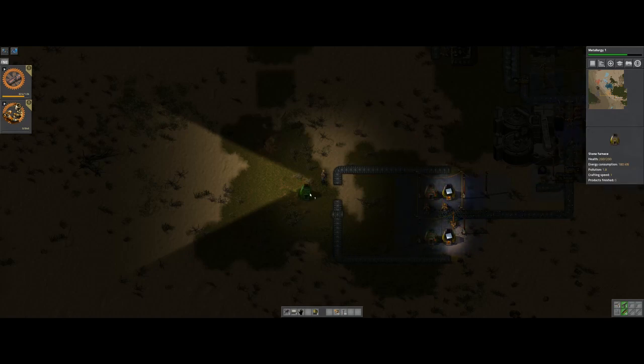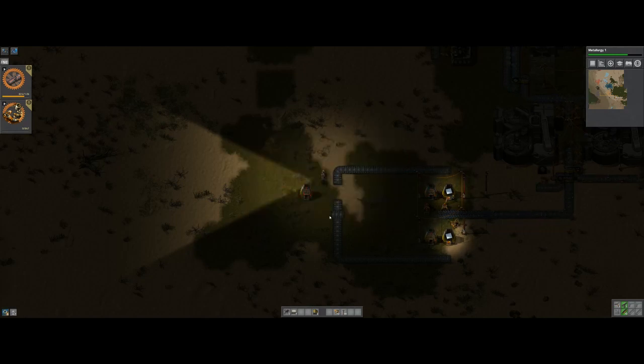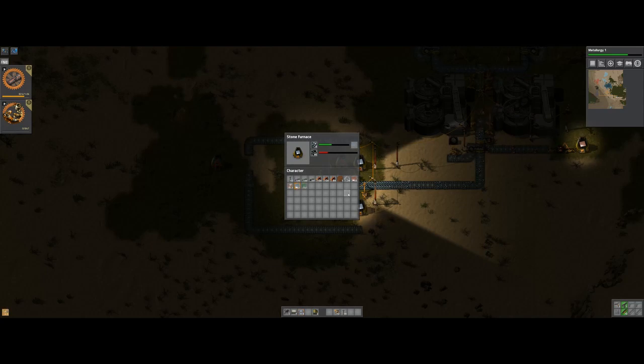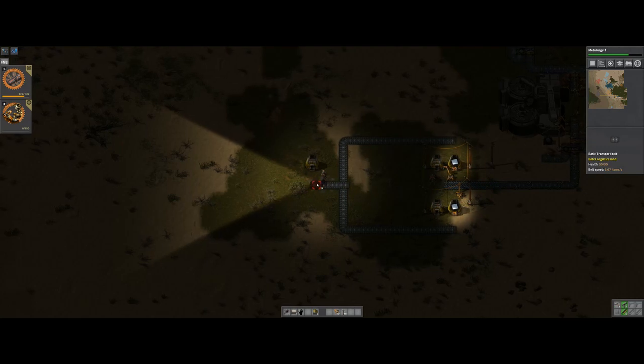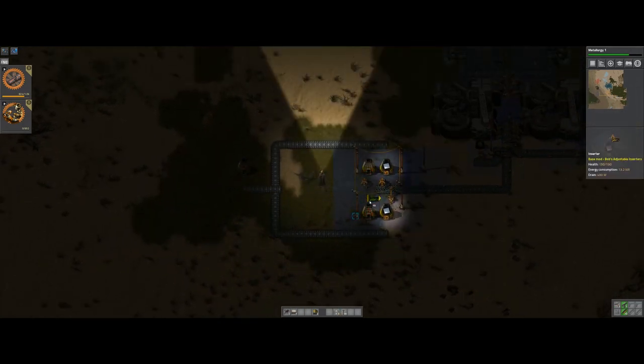At the end of the belts. Let's make more. Let's get more iron. So we can make some steel right there when we get the opportunity. Let's take this guy and...